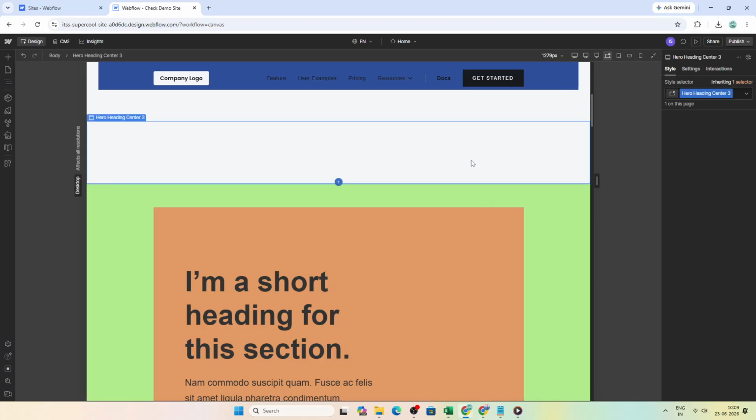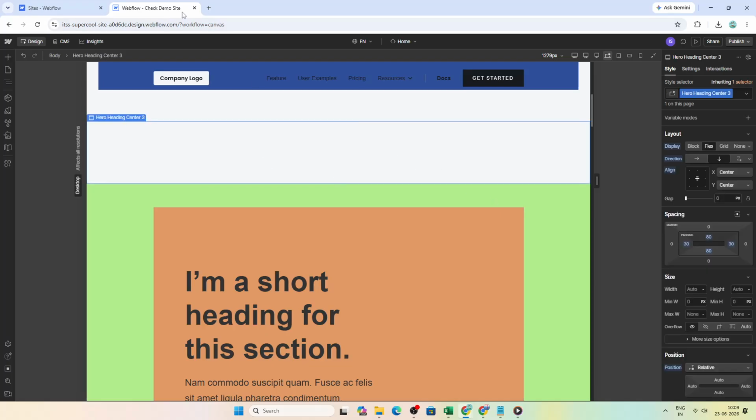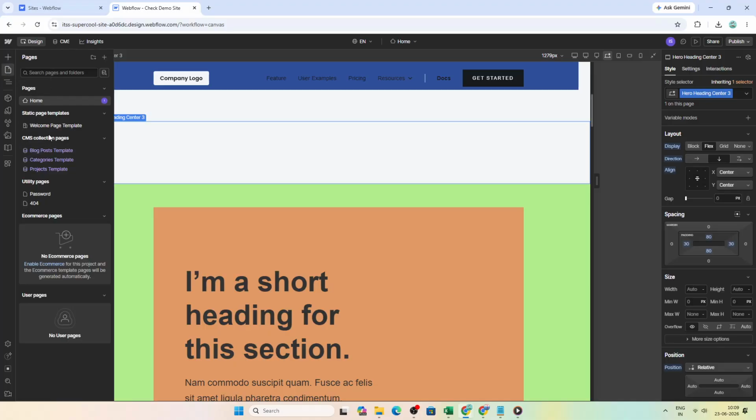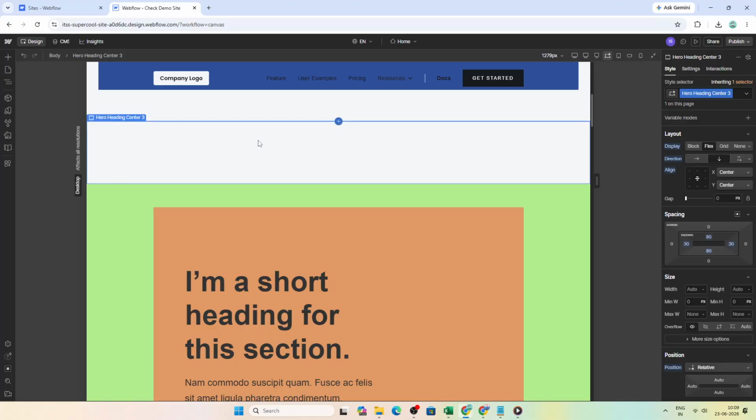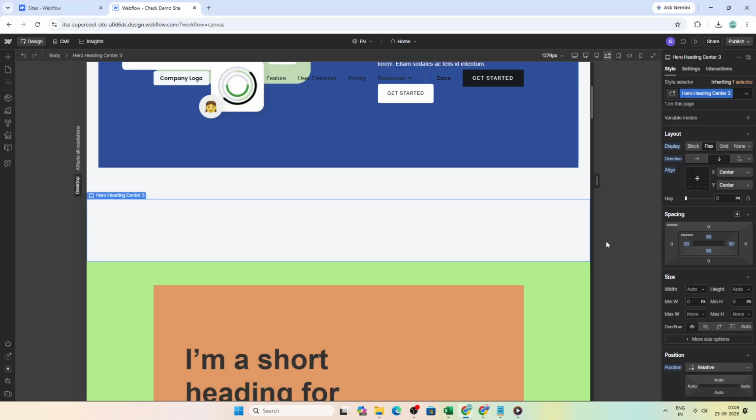To begin, open your Webflow project and go to the page where you want the like button to appear. It's a good idea to think about placement before adding the element. In most cases, a visible but natural location works best. Like near the bottom of a blog post, inside a sidebar, or in a section where visitors are already engaging